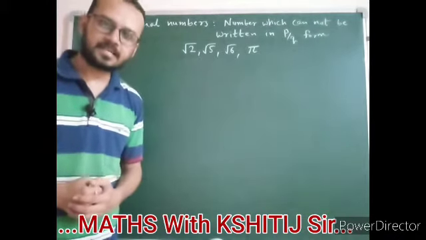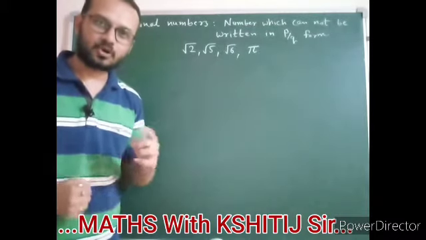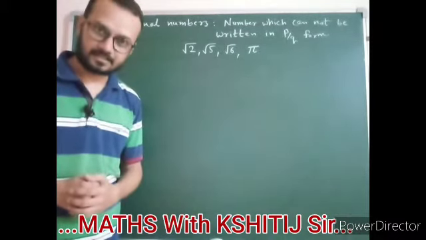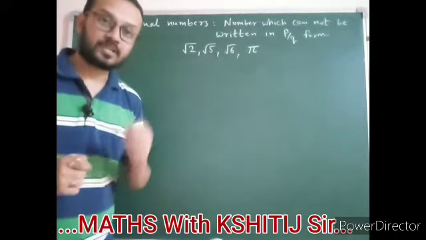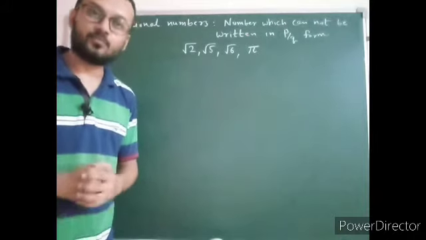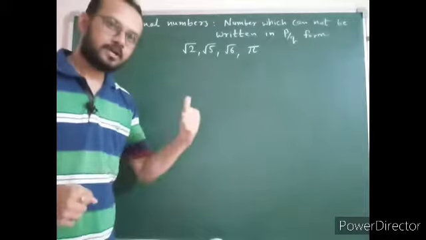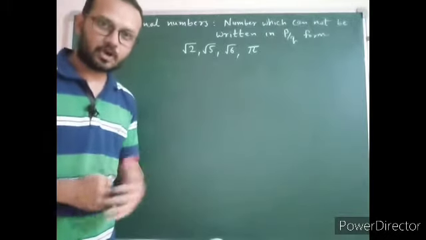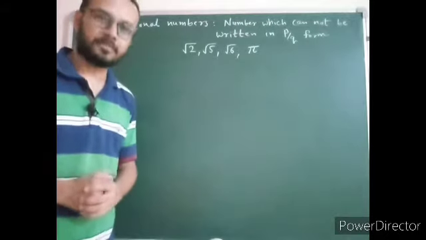Later on, in the decade of 1870s, two German mathematicians, Georg Cantor and Dedekind, explained how to show an irrational number on a number line. In earlier standards, we have seen how to show a rational number on the number line. Now, in this chapter, in the further topic, we will discuss how to show an irrational number on the number line.